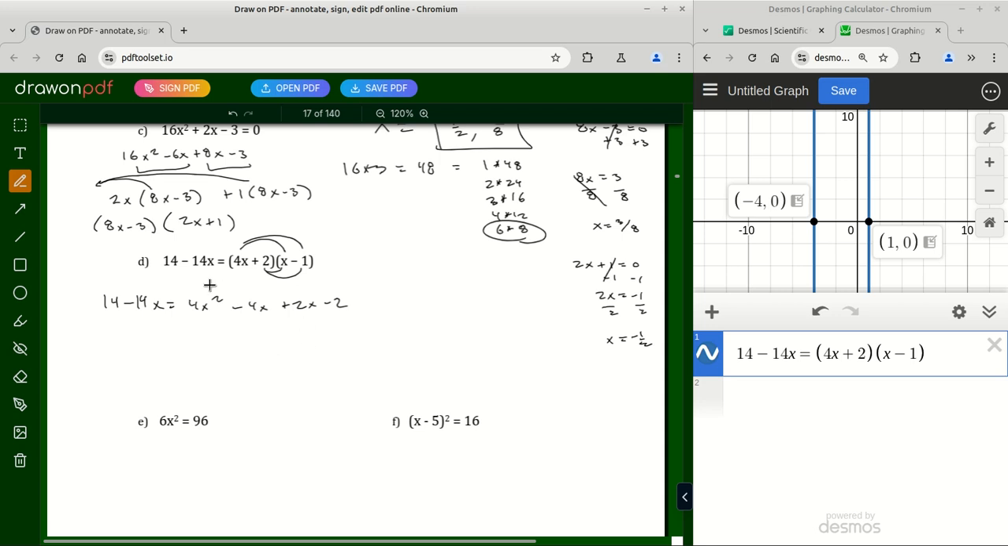Anyways, so I foiled this guy out, and so 4 times x is 4x squared. 4x times x. 4x times the 1, negative 4x, 2 times x, and 2 times 1. There you go. I want to kind of move everything over here, so I'm going to add the 14x to both sides. And so I got 4x squared plus 10x, and